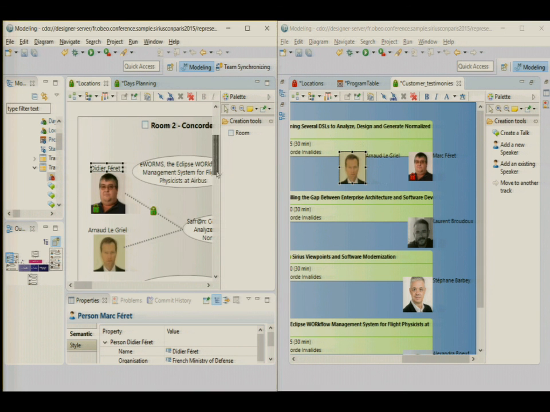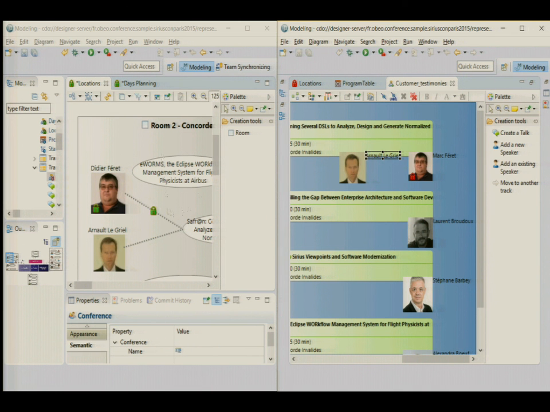So if I come here, you will see Arnaud. And I will say that it's Arnaud LT. And this time, this element is locked on the left side. So we can really collaborate on the same model simultaneously without any risk of conflict or problems of consistency between the two. I save it, I save on the left, and everything is refreshed.